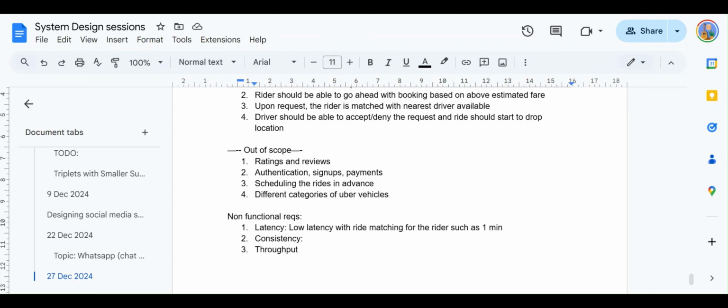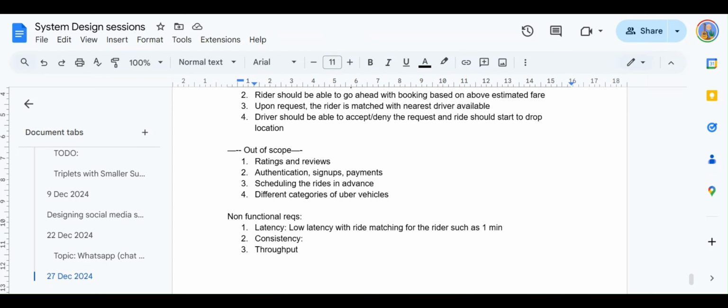The very first problem is that there is a limited pool of drivers available in that vicinity. Let's say there are 1,000 drivers available, or even 10,000 drivers available. Irrespective of that, there's a possibility that the same driver can get multiple requests in parallel. Let's say all these 10,000 people are trying to book their Uber at exactly the same moment, or within a span of 5 minutes. Once the concert is over, it can possibly happen that the same driver is getting multiple requests from many different people for the ride.